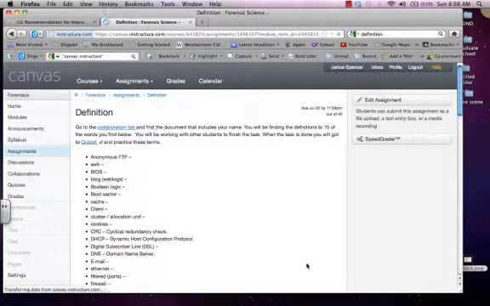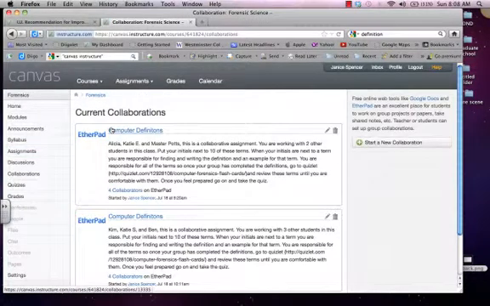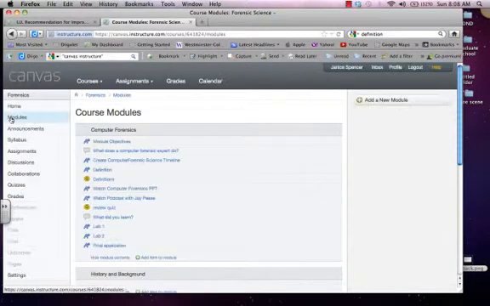Next, the definitions. For the definitions, I actually created a link to the Collaborations tab. And on the Collaborations tab, I created specific Etherpad documents linked to specific members of the course, so that they would then have their own specific document that they were working in and collaborating with to find and share the definitions of these terms. Once they have finished that,